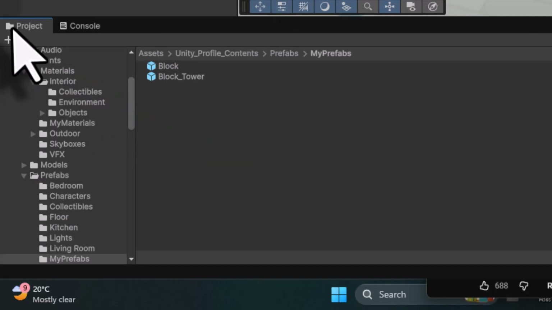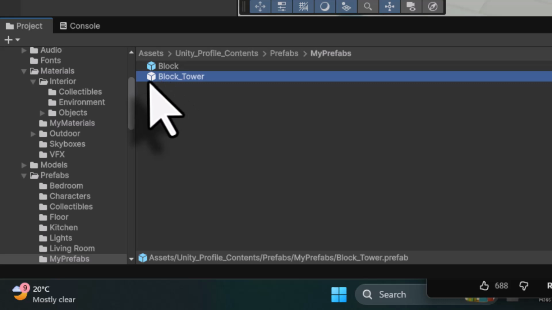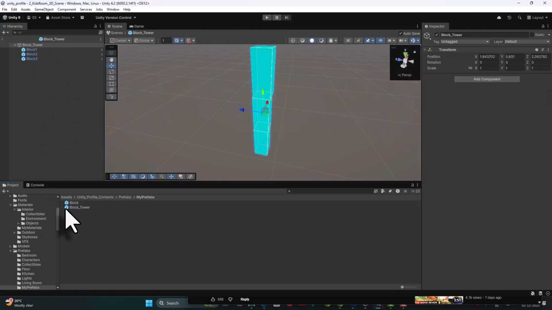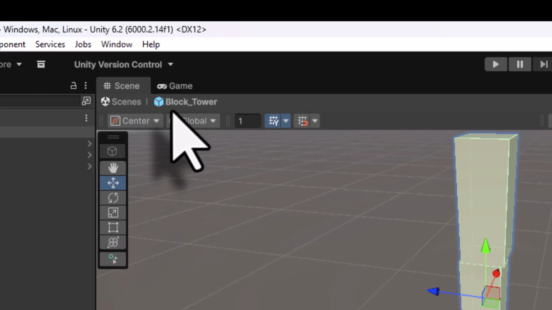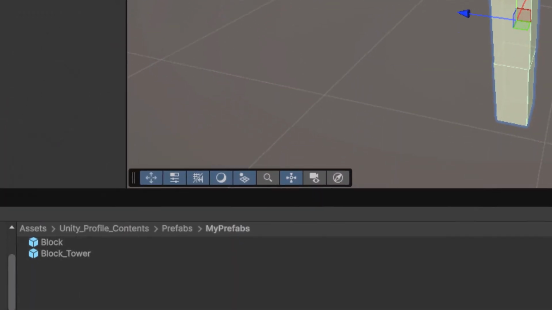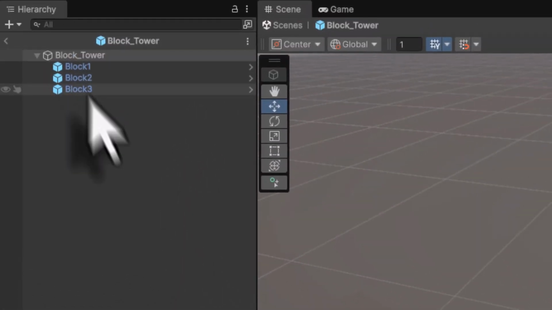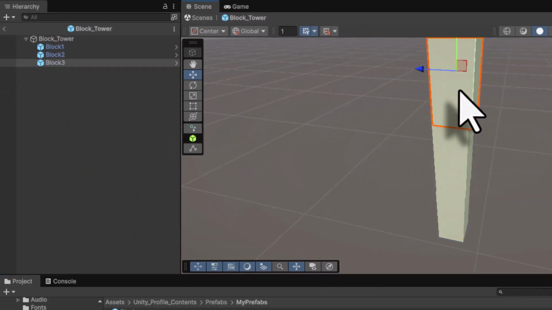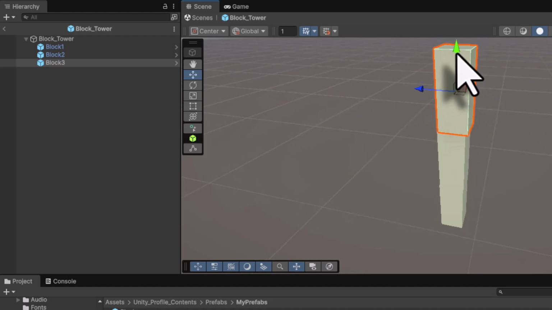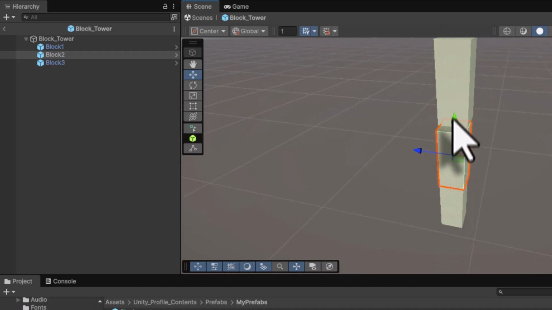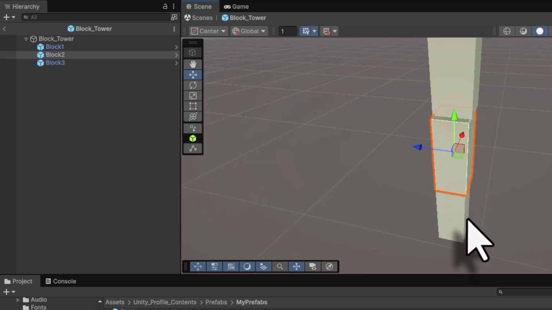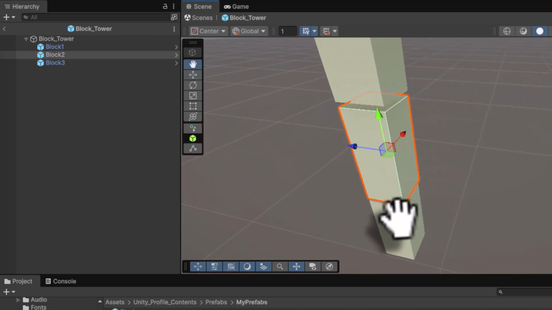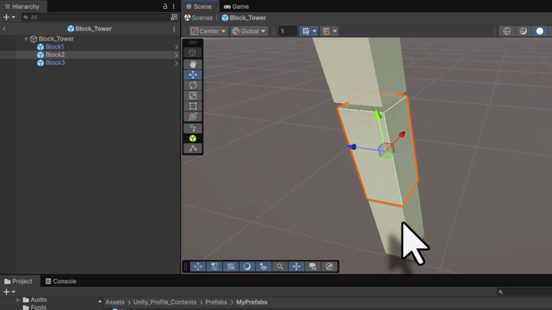Now coming into the project window, in assets, Unity profile contents, prefab, my prefab, I am now going to select this block tower, double click, and this is going to open in the scene view as a separate piece here. So I am now editing this prefab, a collection of block 1, block 2 and block 3. And here if I select block 3 and move it out, and if I want to precisely align these blocks exactly with one another, we use something called